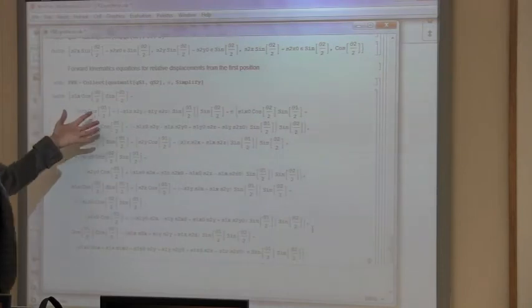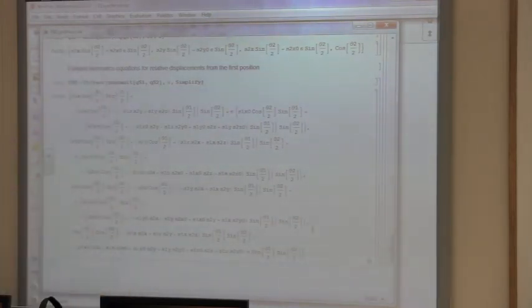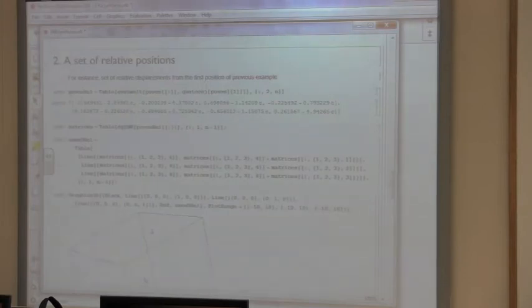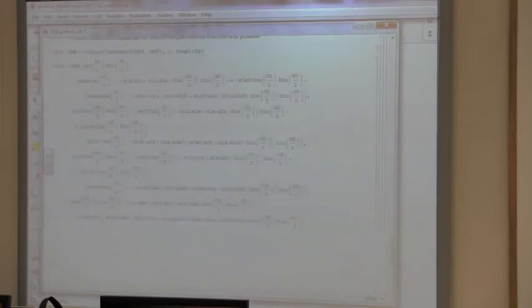Alright, so we equate this motion to the relative positions which we have defined here. These are the relative positions from the first one. Is the second times the first inverse, the third times the first inverse. Okay, poses rel. So let's call these design equations. Will be equal to FKA minus poses rel